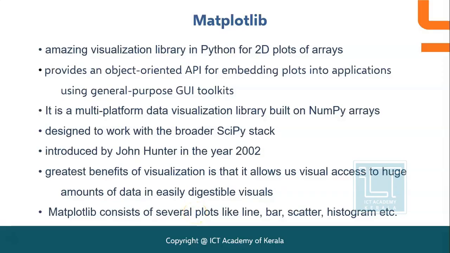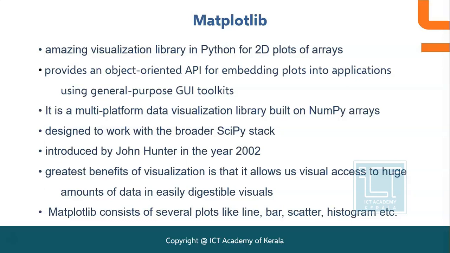Everyone, welcome to another session on Python for Data Science. Visualizations are an important step in the data science lifecycle, and in this session we are going to deal with two important libraries which are necessary for doing exploratory data analytics using Python. The names of these libraries we are going to learn are Matplotlib and Seaborn.